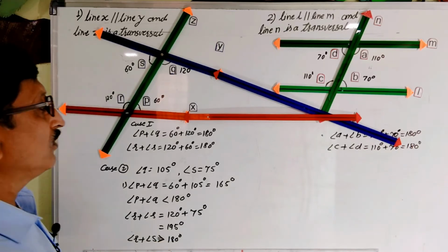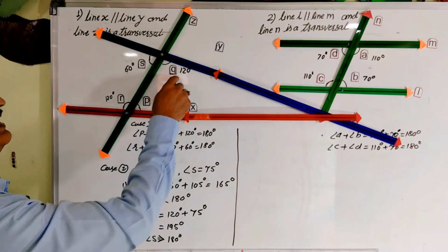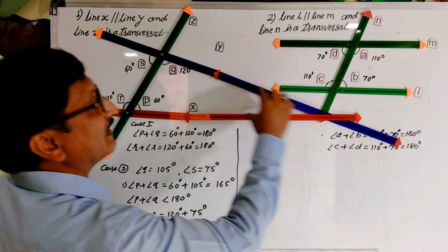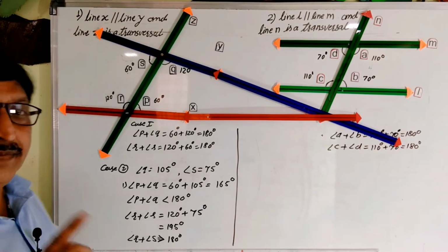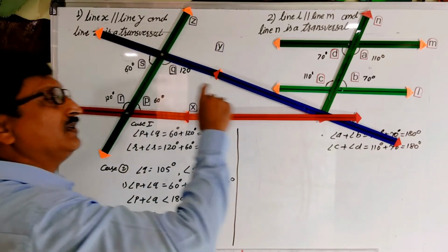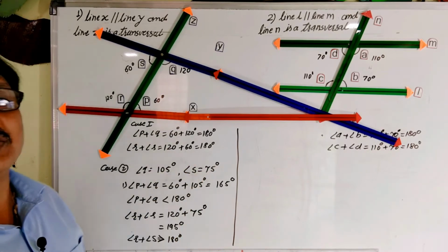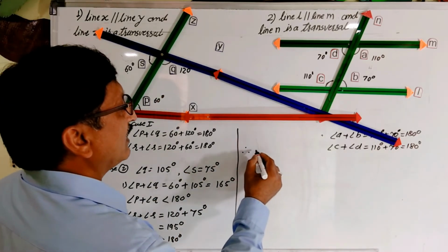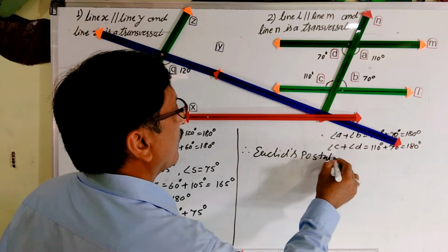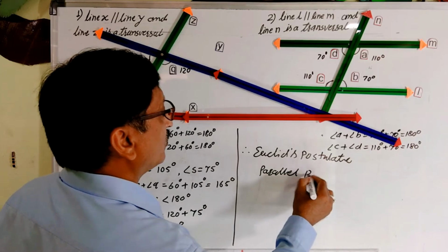Therefore, the postulate that Euclid has stated is that whenever the sum of these two interior angles is less than 180 degrees, then on that side, if we extend the rays, they will intersect. Even if there is a small change, suppose I reduce it by just 1 degree, the intersection will be far away, but the rays must intersect with each other. That is Euclid's postulate, and it is also called the parallel postulate.